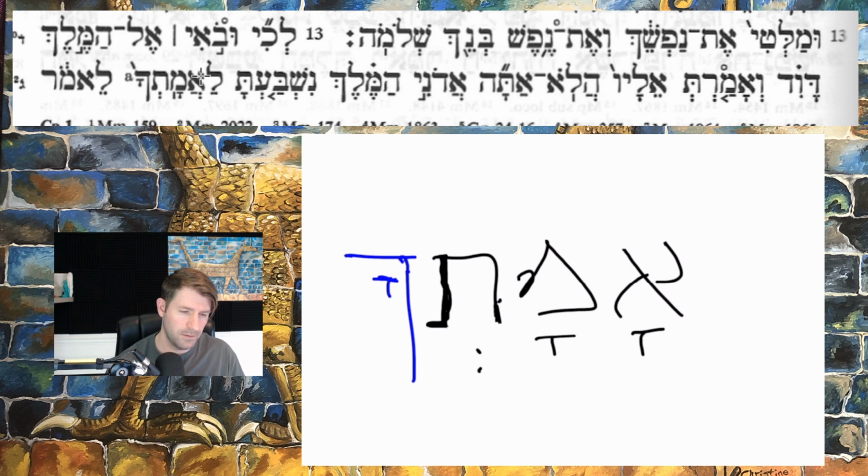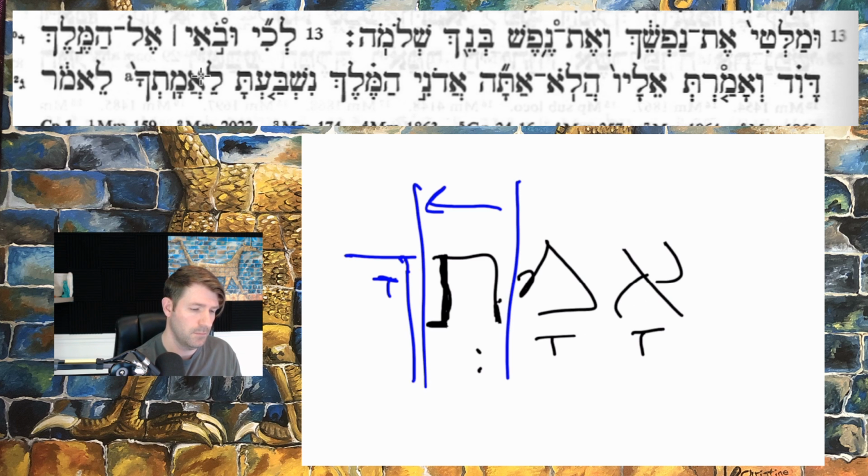So amatcha. And of course, we know the accent shifts. And when it shifts, we have to do our rule of reduction, right? So we go to an open